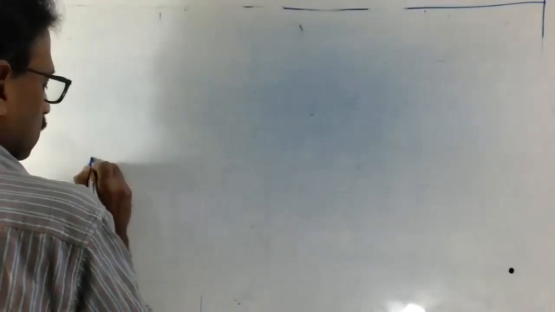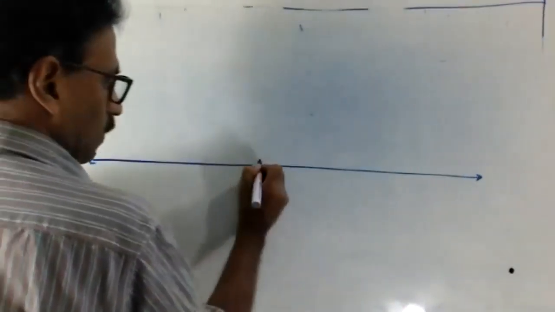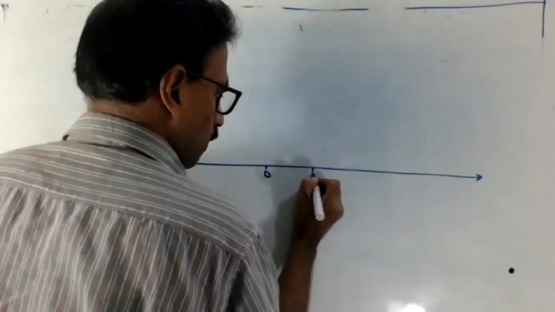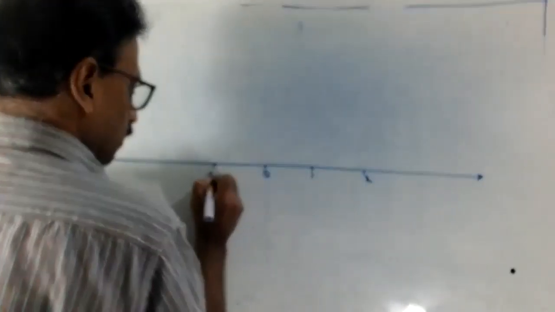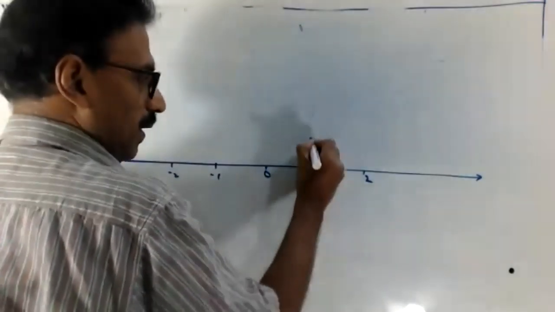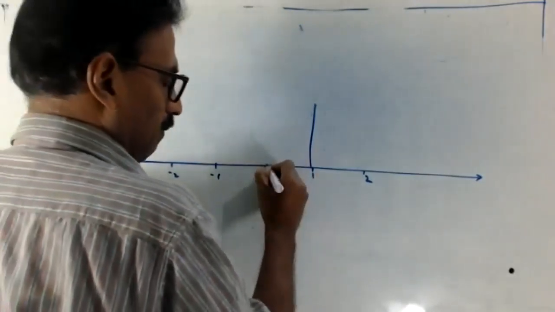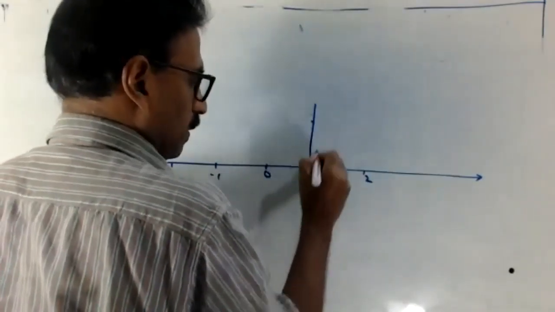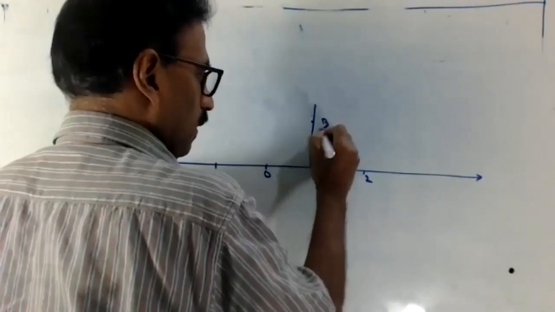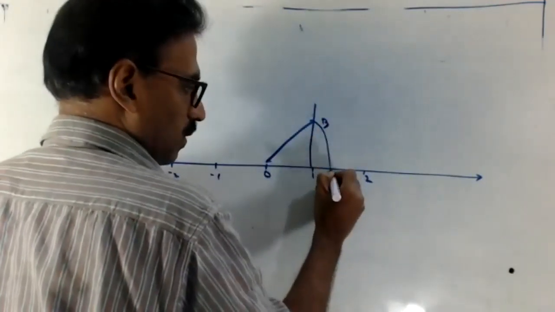Last class we discussed this. Look. 0, 1, 2, minus 1, minus 2. Then you draw here with a compass, or that's up to you. Here also 1 unit. This is A, B, join here. Then you do like this. This is our root 2.